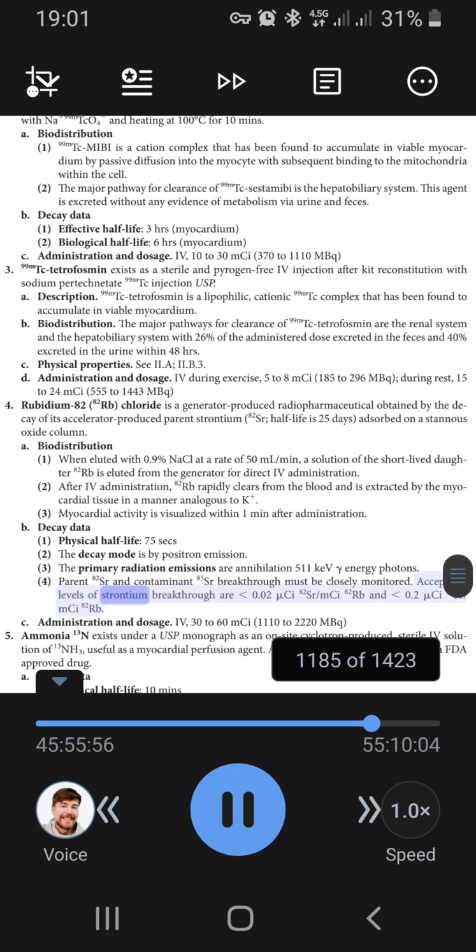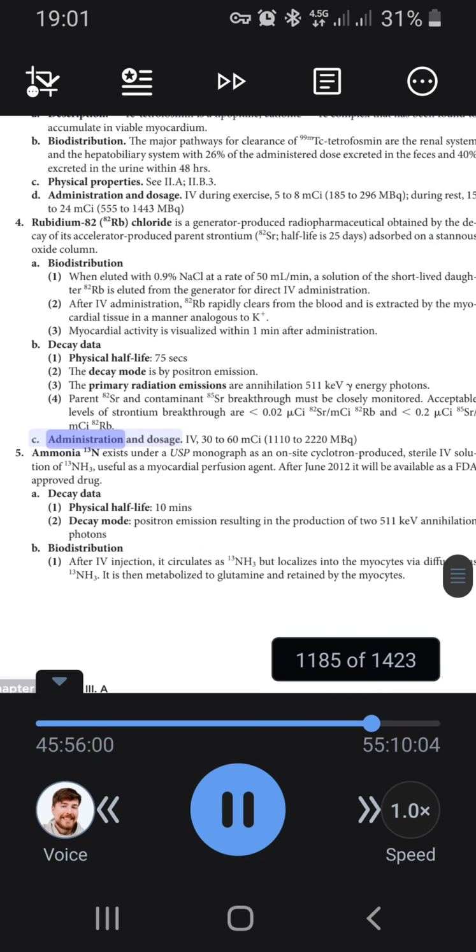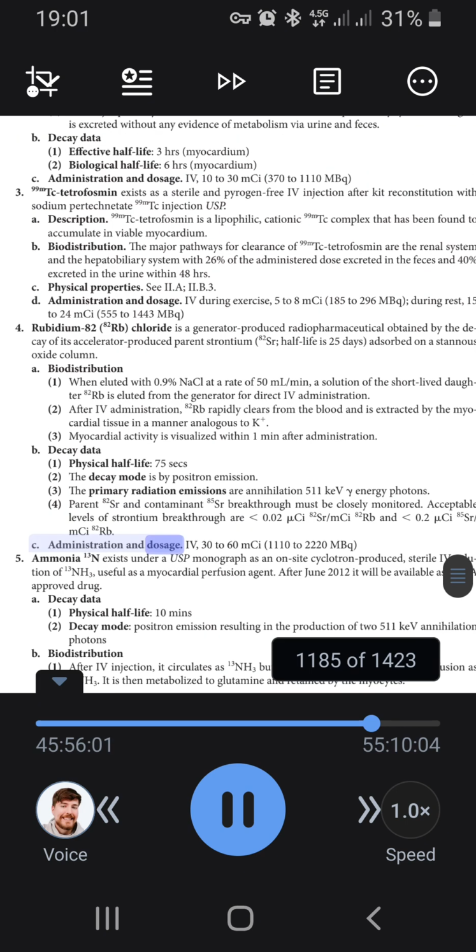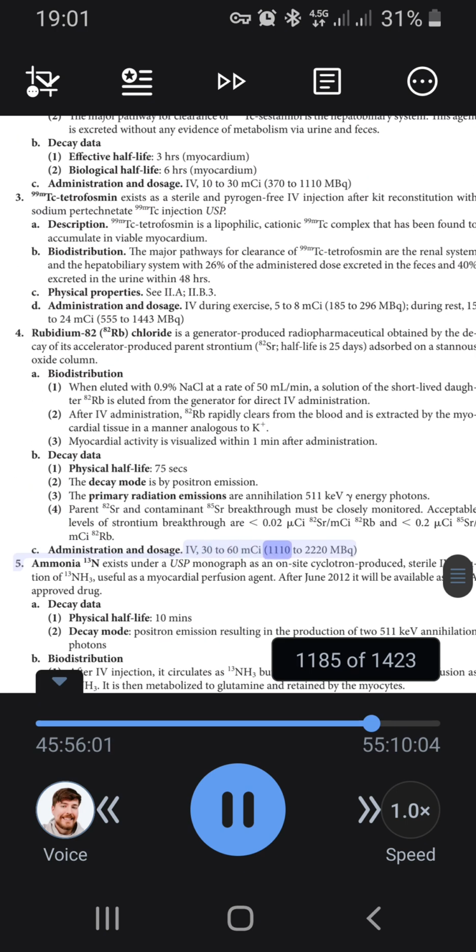Acceptable levels of strontium breakthrough are 0.02 microcuries strontium-82 per millicurie rubidium-82 and 0.2 microcuries strontium-85 per millicurie rubidium-82. C. Administration and dosage. IV, 30 to 60 mCi,